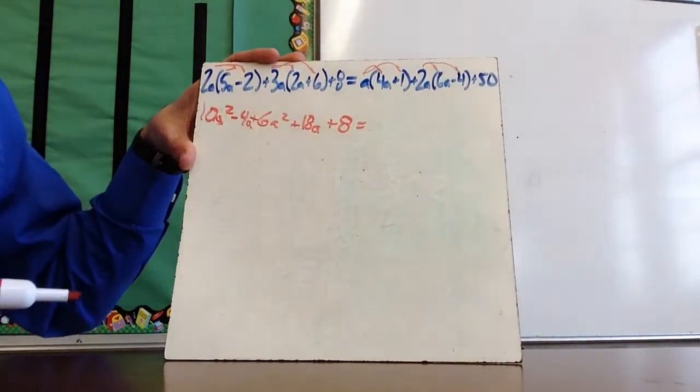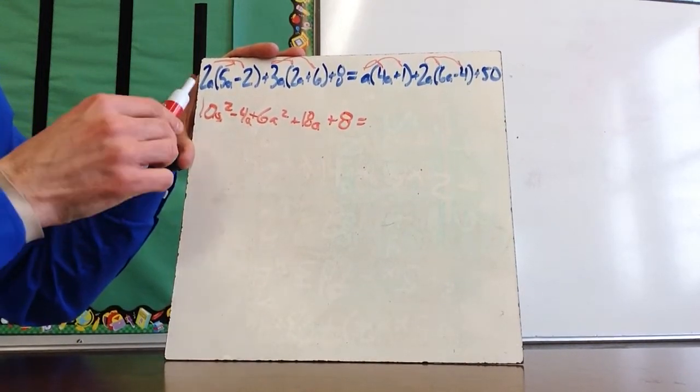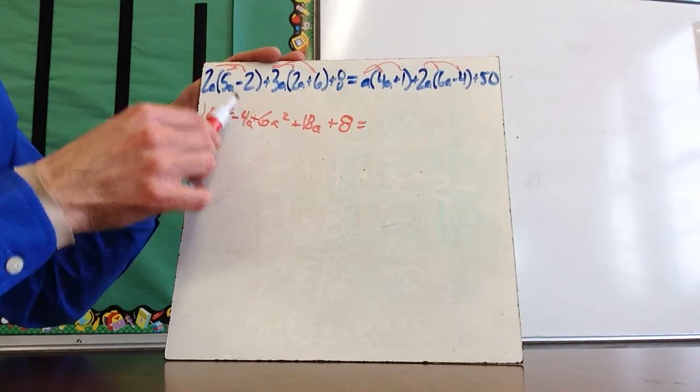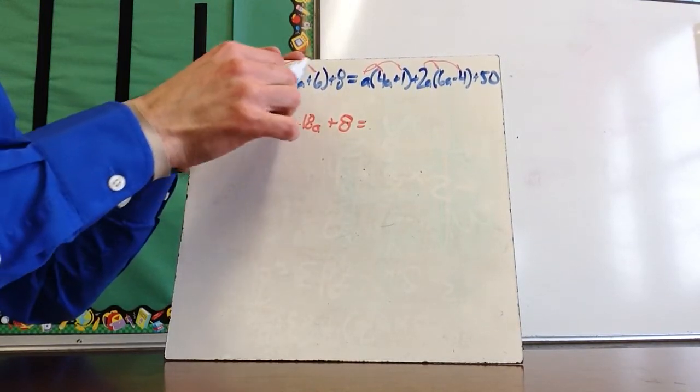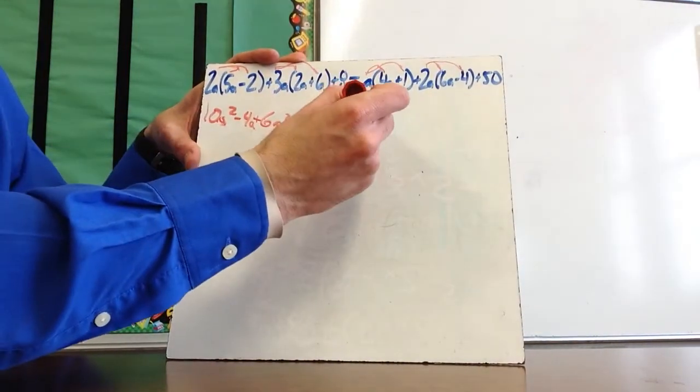I'm so worried about writing small that I'm not even thinking about the a. So 2a times 5a, this is the 10a squared, minus 4a, 6a squared plus 18a, and then the plus 8 just comes down. Now over here I've got 4a squared